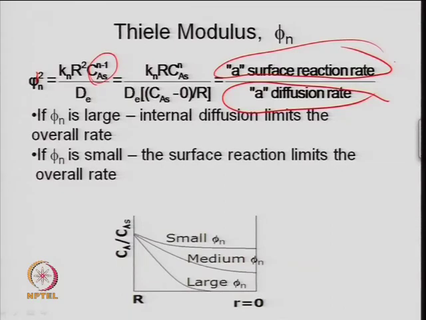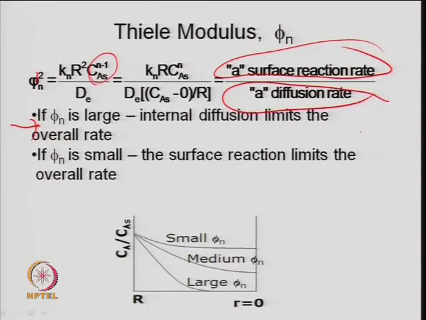And now, phi gives you the idea about the concentration profile in a pore. So, if diffusion is dominating, that means phi is large. Diffusion resistance dominating means your diffusion coefficient is very small compared to the kinetic term, that is the numerator term. If your reaction is governed by diffusion, you know the rate is controlled by the slowest step of the reaction. So, if the slowest step of the reaction is, suppose, diffusion, it means its diffusion coefficient is very low. In that case the phi value will be large.